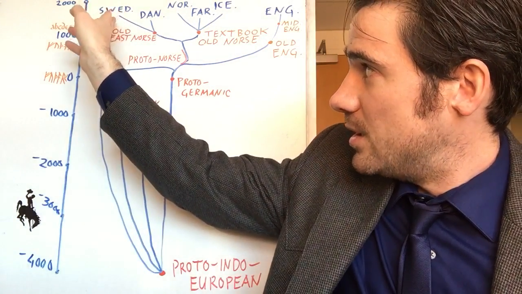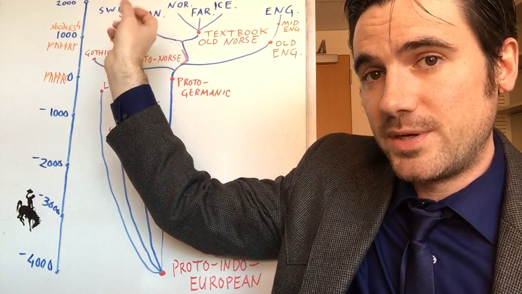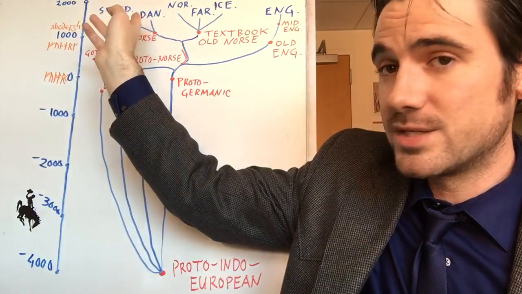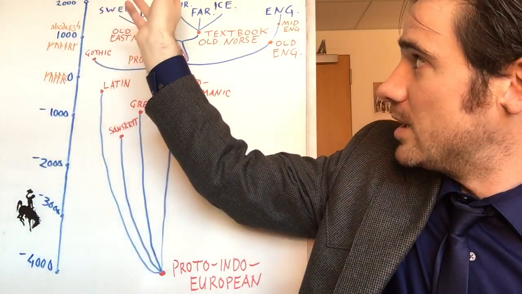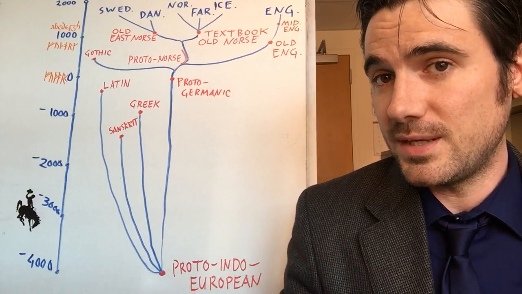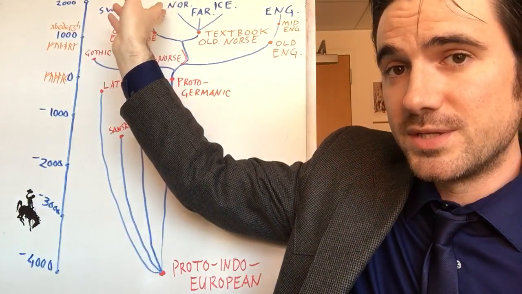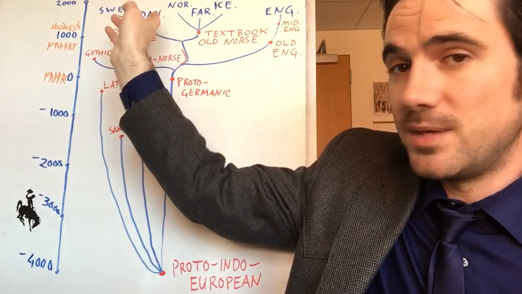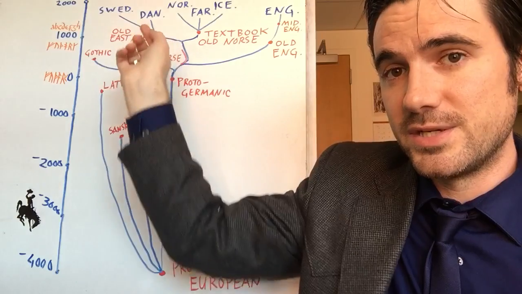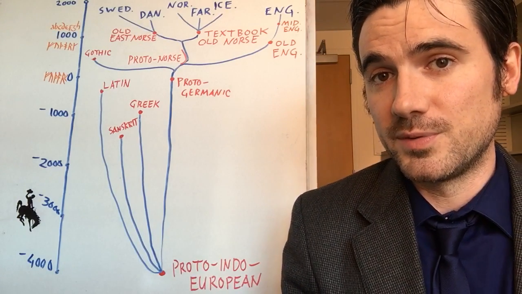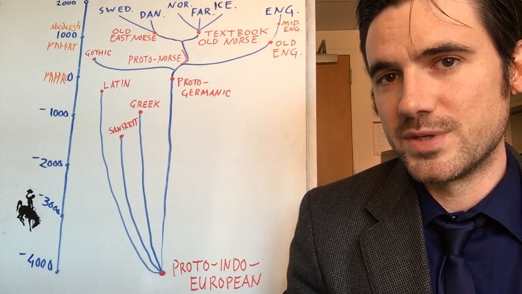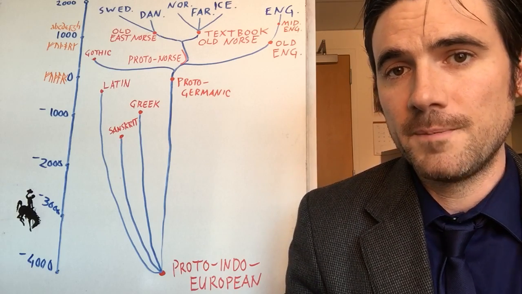Now, after this Old East Norse or Old West Norse period, especially after the Black Death, we see more division into the individual languages. Swedish and Danish become more distinct, and Norwegian, Faroese, and Icelandic become more distinct. Now today, Swedish, Danish, and Norwegian are mutually intelligible, which may be a little bit belied by the fact that Norwegian is sort of split off from Swedish and Danish here, but Norwegian has come under heavy influence from Danish, and the sheer proximity of the languages has turned Norwegian, Swedish, and Danish into kind of a dialect chain, so that